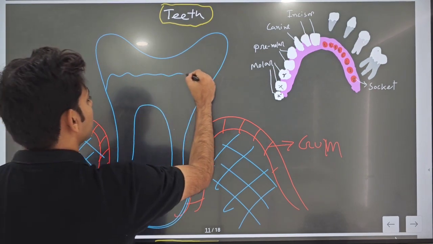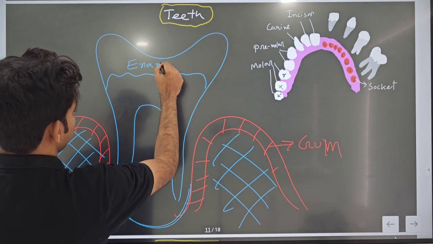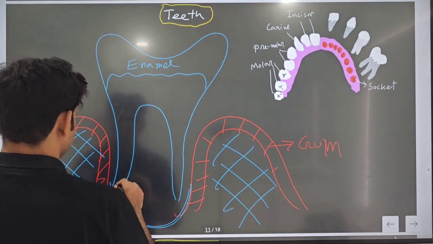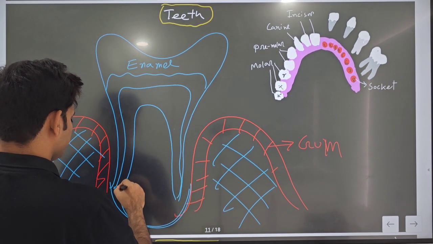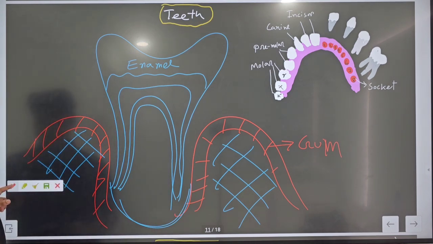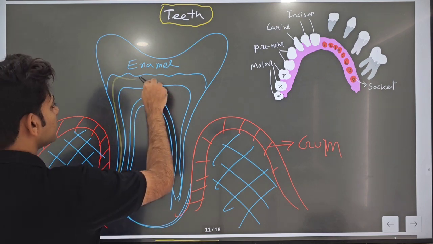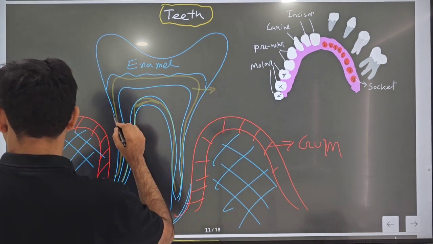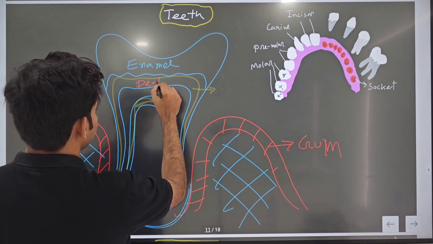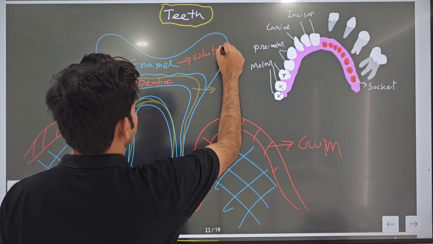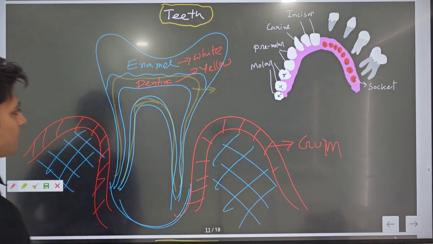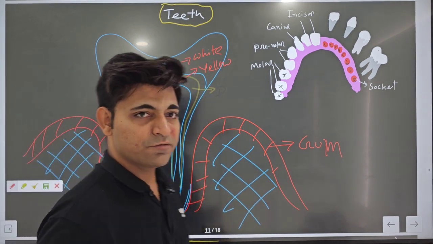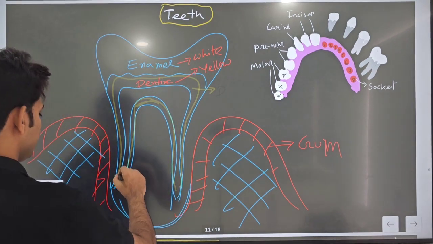Now the outermost part, the crown of the tooth, is made up of enamel. More amount of inorganic salt like calcium phosphate will be there. Now below enamel there is a yellow colored layer that is called dentine. Enamel is white in color, dentine is yellow in color, and below dentine the central cavity of our tooth is filled with nerves,